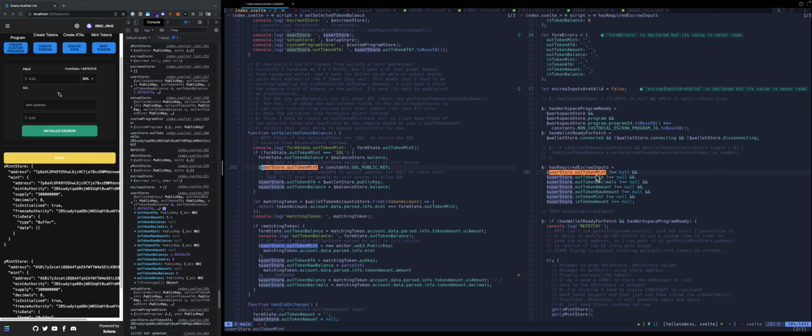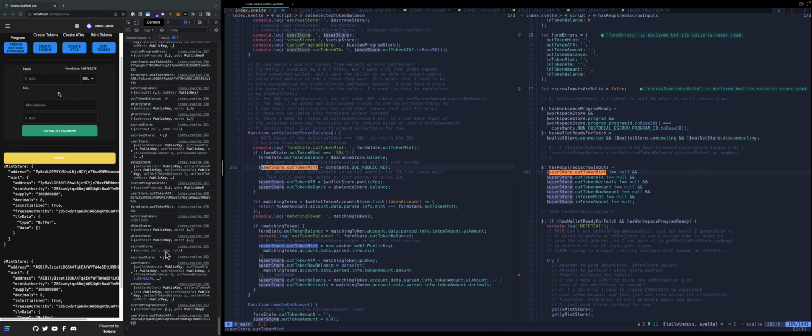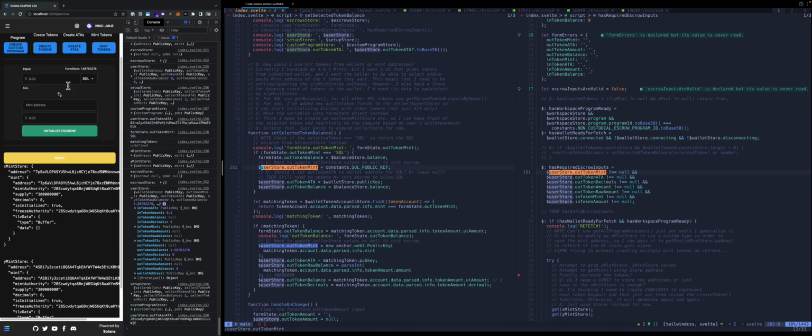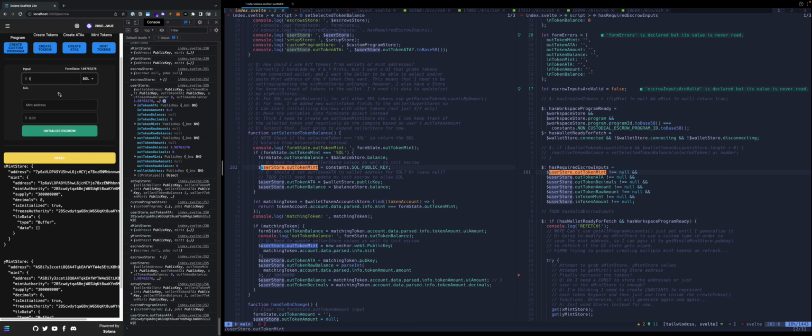It's going to be the SOL pub key. Out token ATA is going to be the actual wallet. The decimals, okay, shows that I've got a value. I need to check on that. The out token amount, that's null. That was null. Out token, I mean, if I do like 1 of SOL,